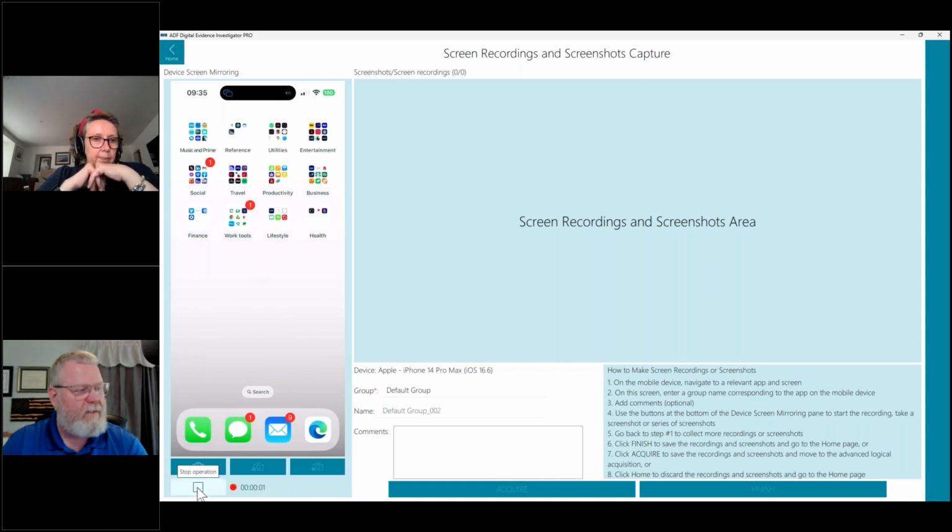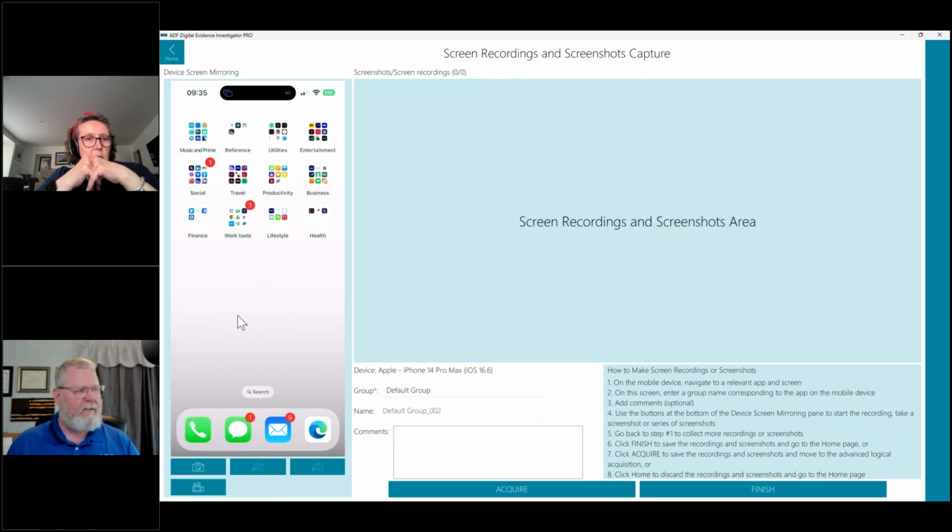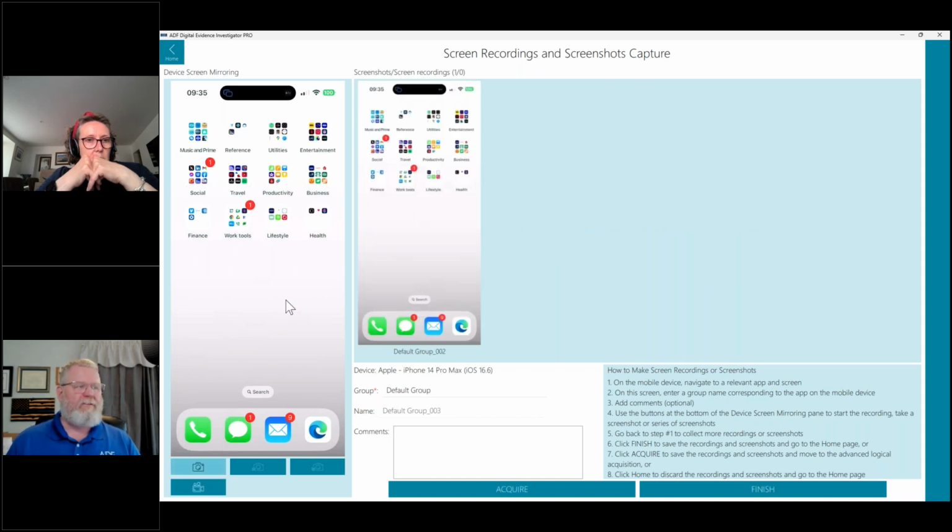So again, you could start your video process, and the nice thing about this is you're videoing everything. If the user has control of the phone, you're not telling them where to go and what to do, though if they need help getting somewhere, you can help, but it's their phone, they usually know what they're doing. You have it captured here. So they know it's being videoed, and anywhere they go will be captured. You can also delete. Single screenshot, that's all we have off of this.